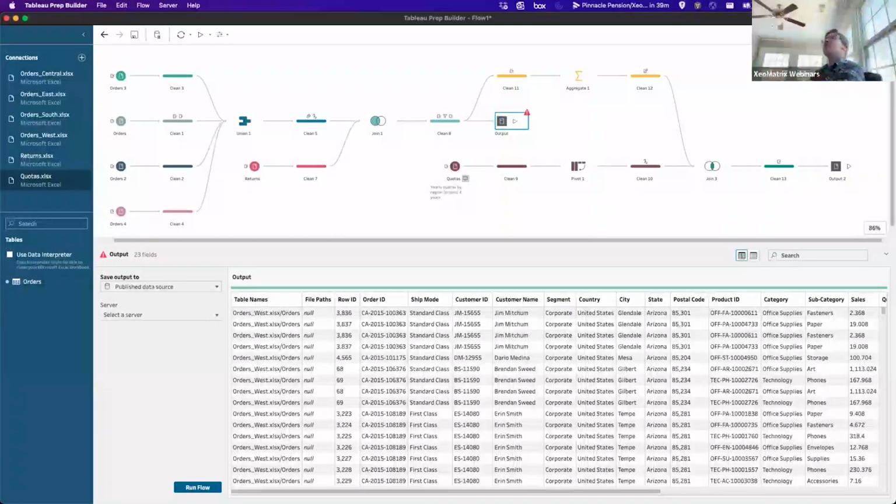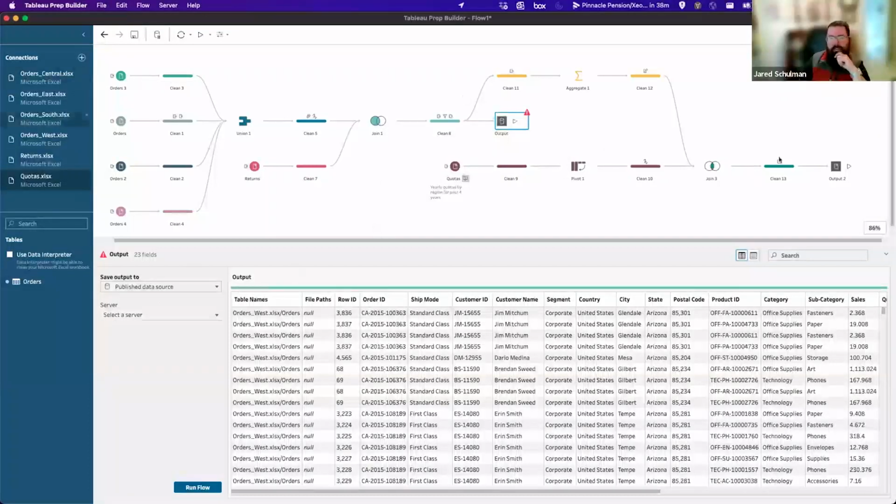Let me clarify too. Bridget, without data management, you could still publish the output to your Tableau Cloud or Server site. You're just going to have to open up Prep and hit the publish button, right, Jared? There's that manual element.